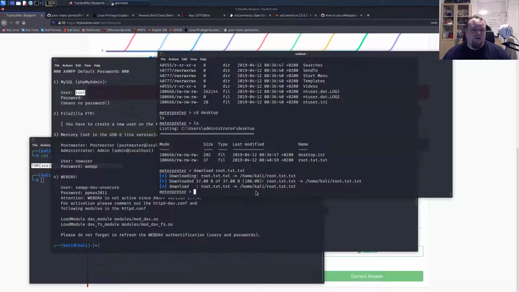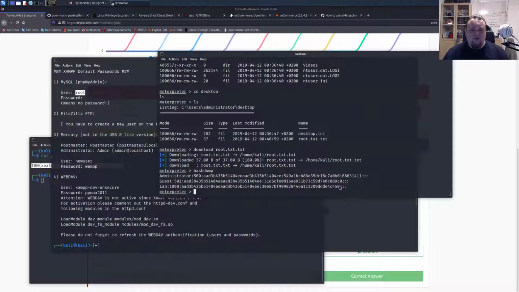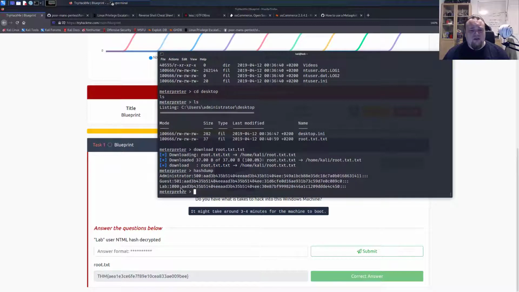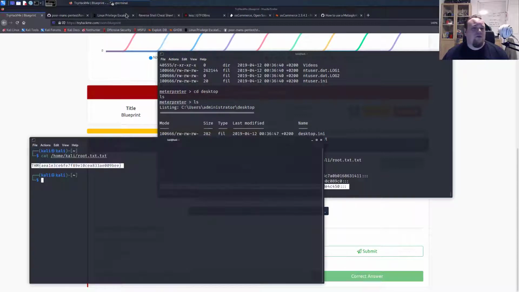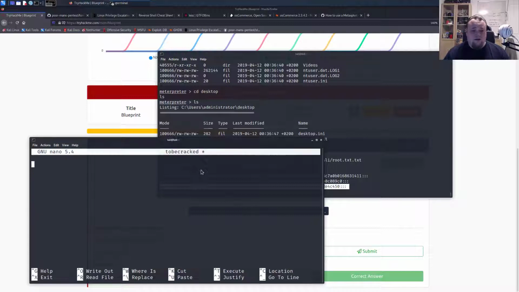There's a command in Meterpreter called hashdump, and I think using that we got the hashes for the lab user they want. Yeah, lab user. So we need to take this. I think basically what we're gonna do is just copy that and go to a terminal and then touch a file and call it to_be_cracked. And inside that we're gonna